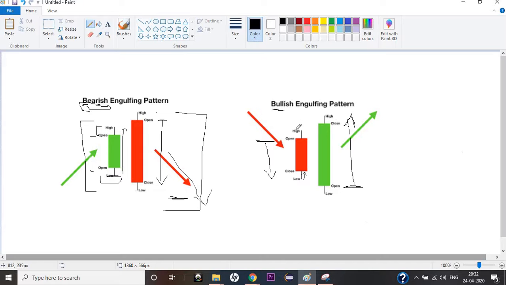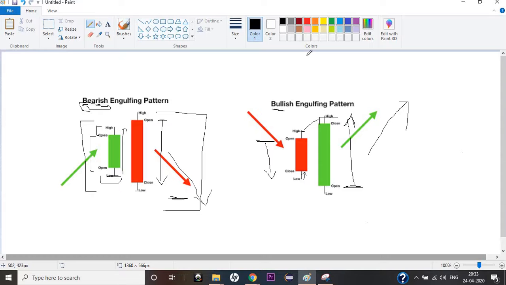Now you see, in this scenario, since you have a green candle, at that point of time you will see we have highs here and this high is here, so we have higher highs. That means my next prediction would be the market would go on the higher side, right? So that's how you deduce it. You don't have to remember each and every pattern, you just study what the body says and what the shadow says, and you will be able to predict it. That's the easiest way to study it.